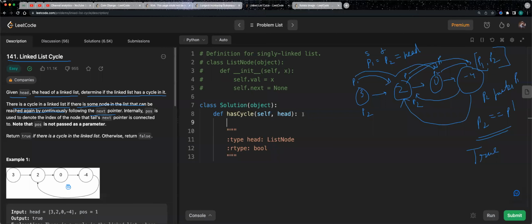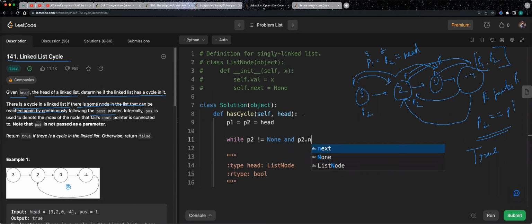So now let's look at how we would code this problem. First things first, we'll initialize our slow and fast pointer as P1 and P2, and we'll initialize both of them at the head of our linked list. Then we'll say while P2 is not none and P2 dot next is not none, and also P1 is not none,